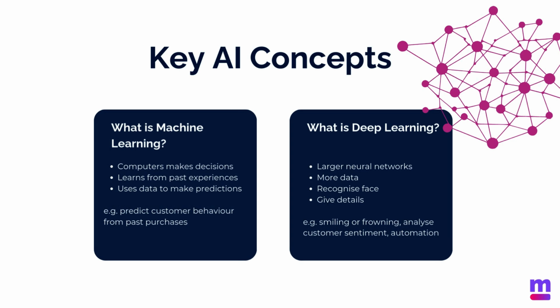The last phrase we're going to learn about is deep learning. It involves much larger neural networks and much more data, which handle tasks that are more complex. For example, it enables a photo app on your phone to recognize faces, but it also tells whether someone is smiling or frowning. For businesses, deep learning can help in more advanced tasks like analyzing customer feelings or customer sentiment. These technologies are not just for your tech giants.